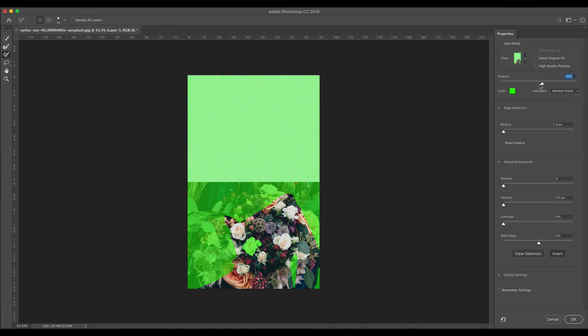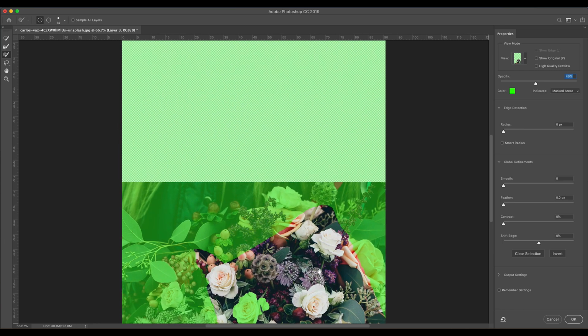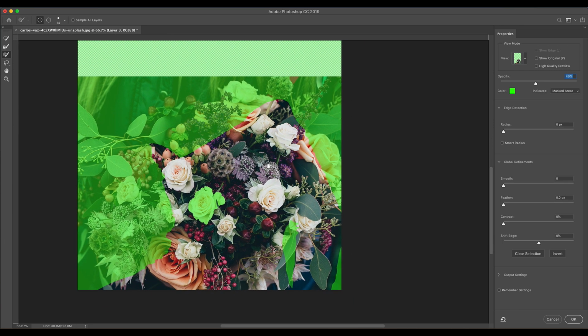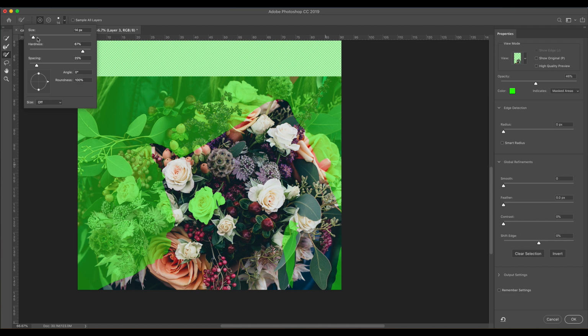bring this opacity right down so that we can see the flowers in the background and what we want to be coming out of her dress. Okay, so we use the positive to add in the extra flower in the background, and I just need a bit more size here. Okay,